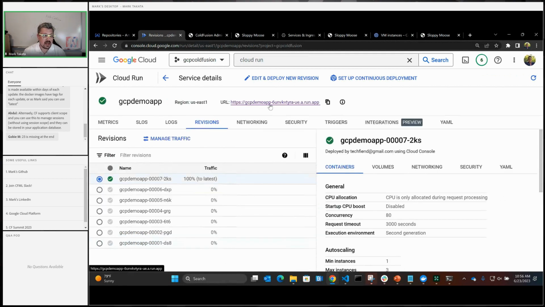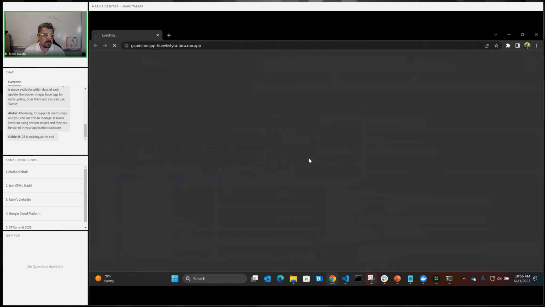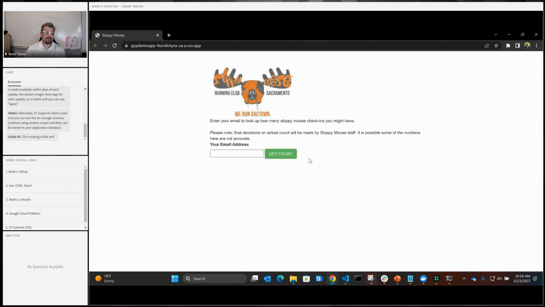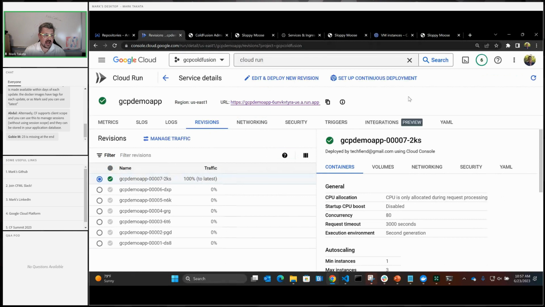And there it is. So now if I take this and I put this in a new window, maybe. Let's compile, I guess. We should see the moose. And there's the moose. Ta-da. Okay, so that's running in Cloud Run. Now I have, oh my gosh, I only have 4 minutes. So I am going to very quickly show you guys the information for